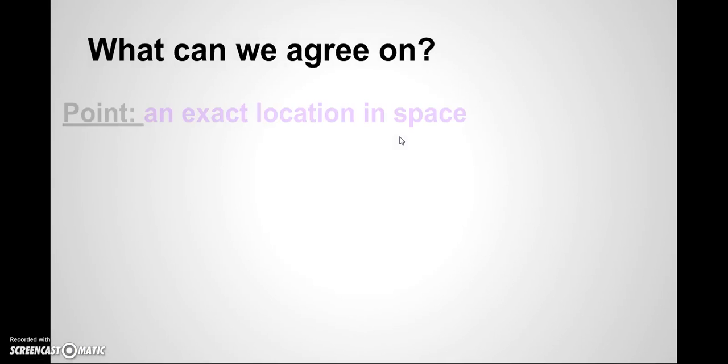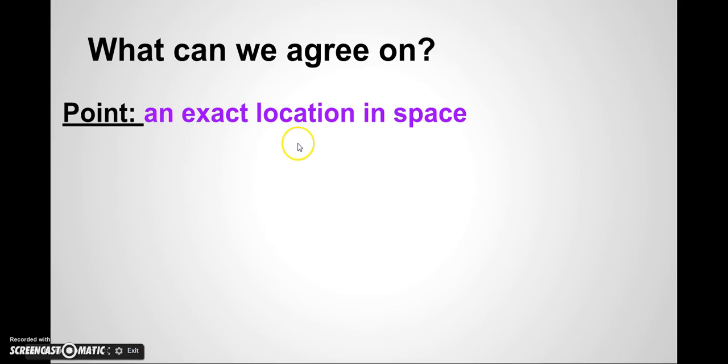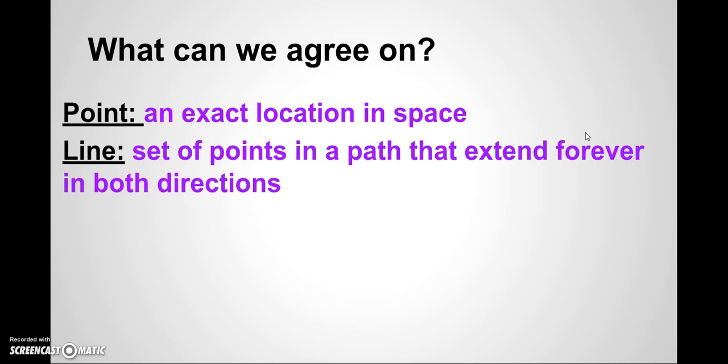So what can we agree on with these undefined terms? We have to have some sort of agreement on what to call them, and most people agree that a point is an exact location in space. So right here is a point, and right here is a point, and right here is a point. Points are everywhere. A line is a set of points,